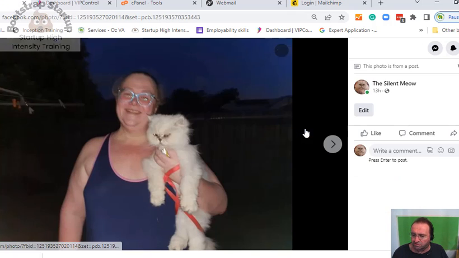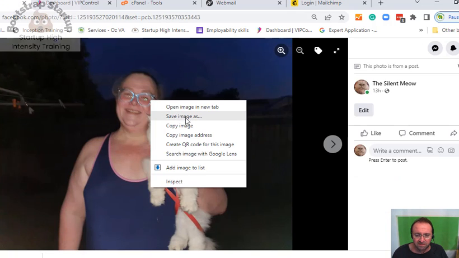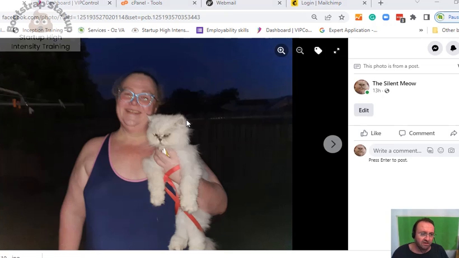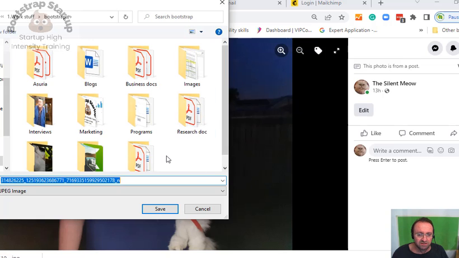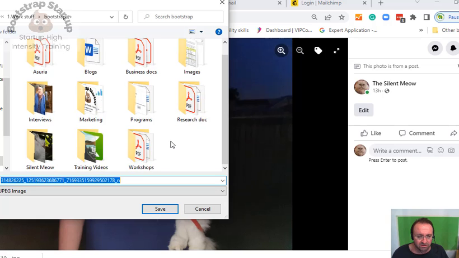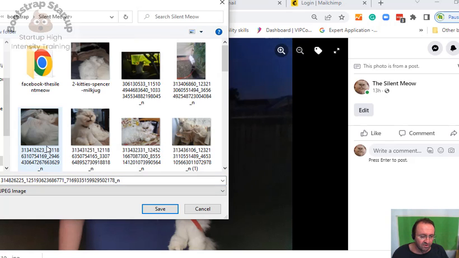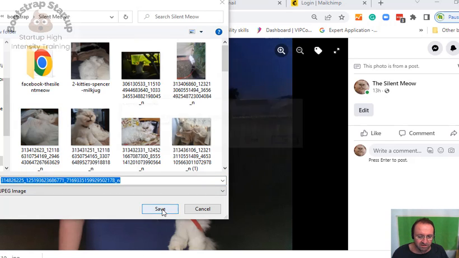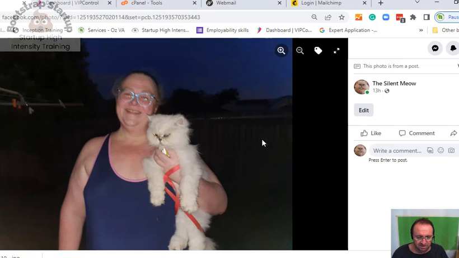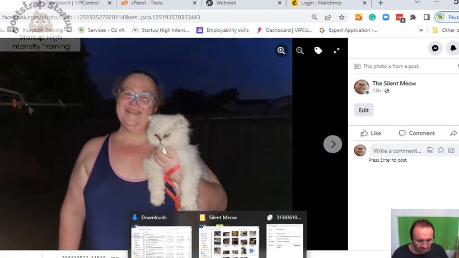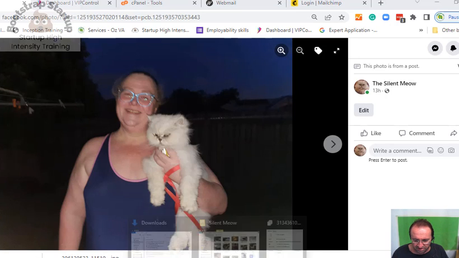Now when I go to it, I'm going to right click and choose save image as, and you can save it directly into, let's see, Bootstrap, that's the course I'm in. Okay, so we've got Silent Meow. This time I'm going to save it into that folder. It says, do you want to replace? Yes, that's going to save over it. All right, so now when I go back into that folder,